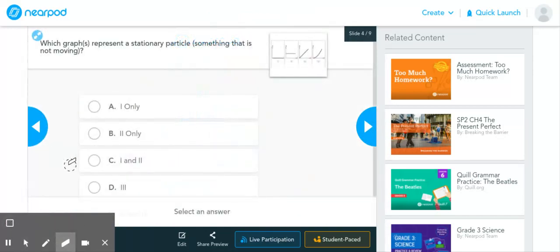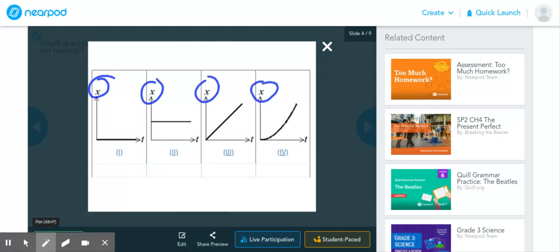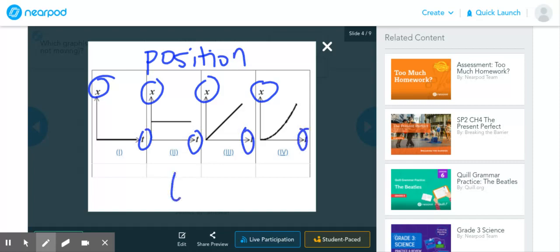Okay, which graphs represent a stationary particle, which is something that's not moving? Okay, so first of all, you guys, we've got X, X, X, X. That stands for position, right? And then T, T, T, T. So that's time. So we want to see where the position is not moving. So as time goes to the right,